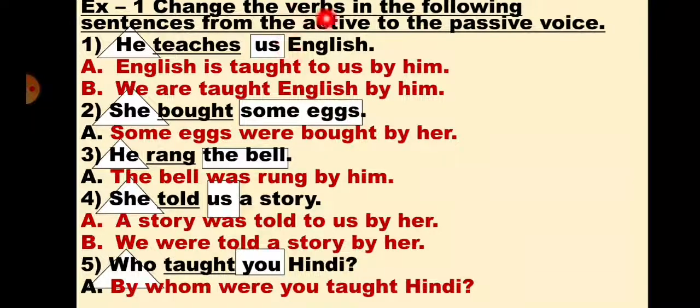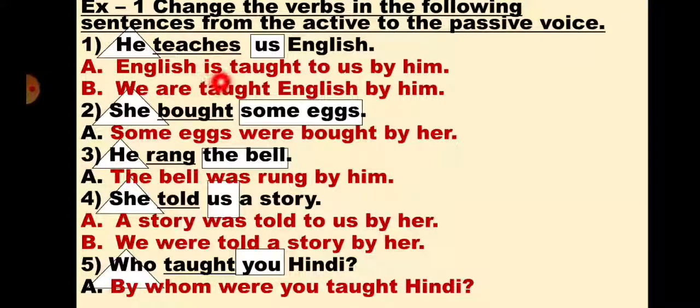Exercise 1. Change the verbs in the following sentences from the active to the passive voice. First one. He teaches what? English. He teaches whom? Us. So here he is a subject, teaches is a verb, us will be an object, and English also you can take as an object. So if you are taking English as an object, the answer will be: English, object will become subject, English, singular